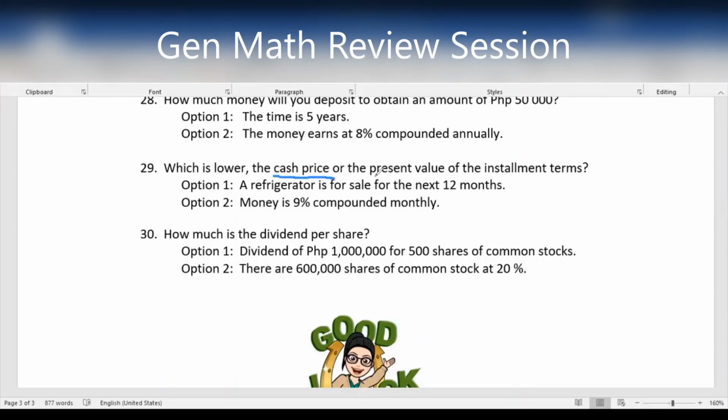Which is lower, yung cash price, yung present value na installment? Looking at the given, time yung given, 12 months. Given yung rate. So, mukhang may nawawala. Kaya, ang sagot natin,